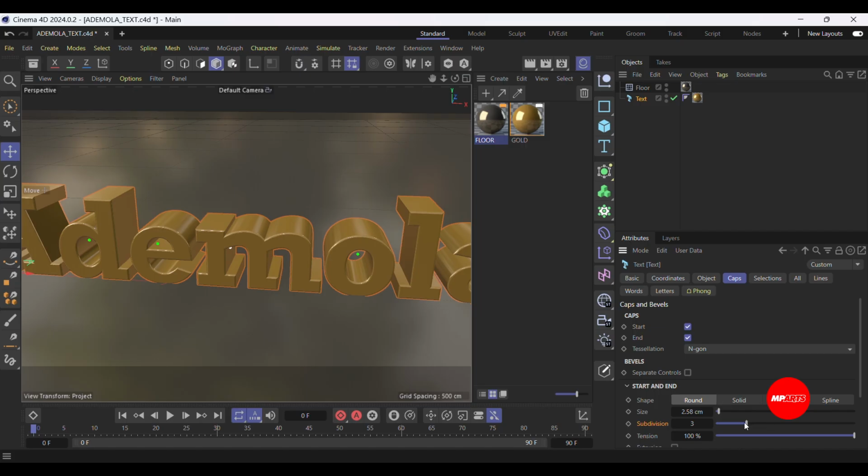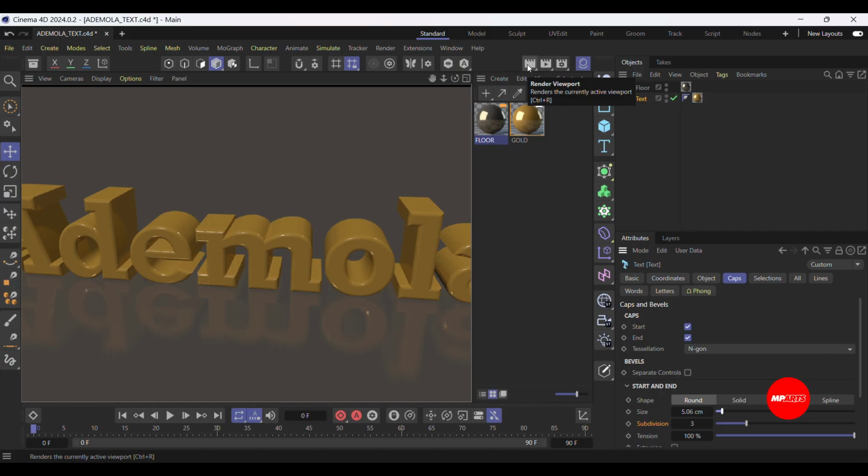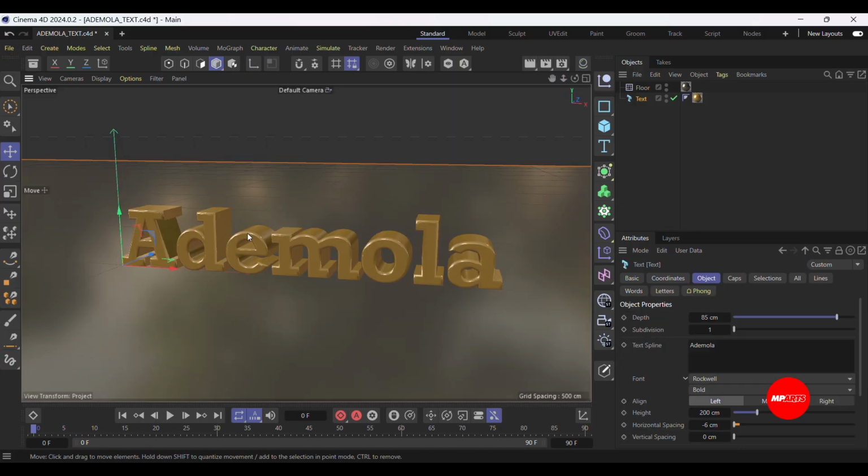I think I want to go with this round. I want to go with the round. Okay, subdivision is, yeah, this is not bad. Let's preview again. Nice. The next thing we want to do now is to position our object properly,